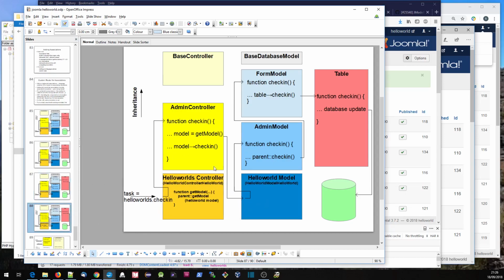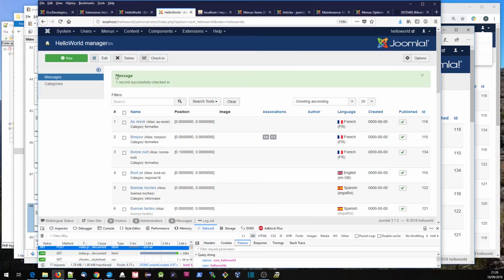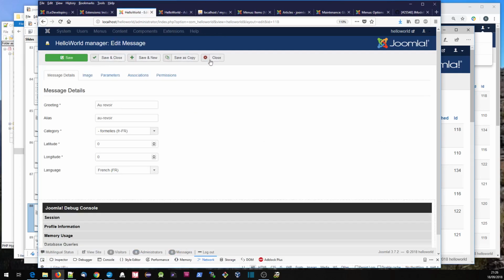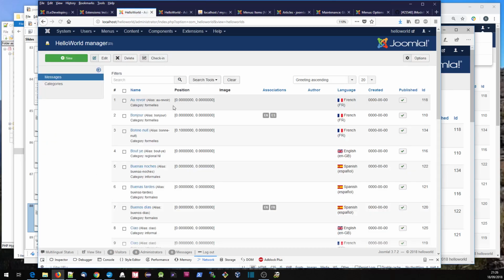And in the same way, it'll try the check-in and it will go through the same functionality and end up with writing the blanks to those two database fields to indicate that the record is now checked in. So as I say, a lot of functionality there for us, and we don't have to do a lot of work. There is, however, one little problem,